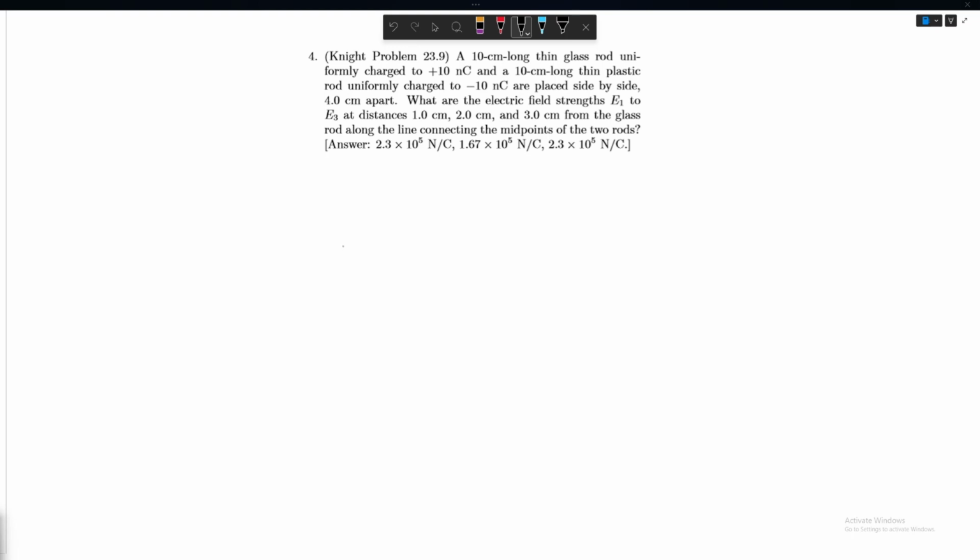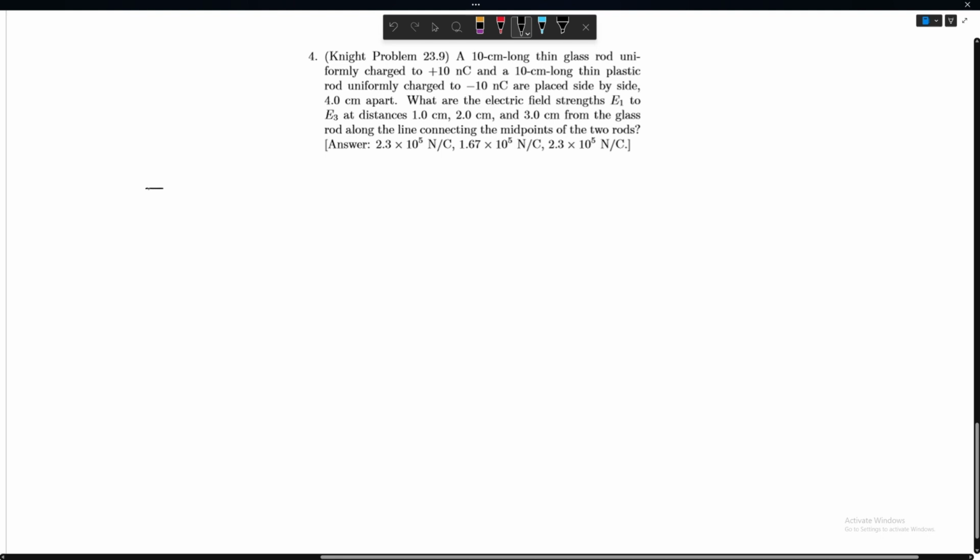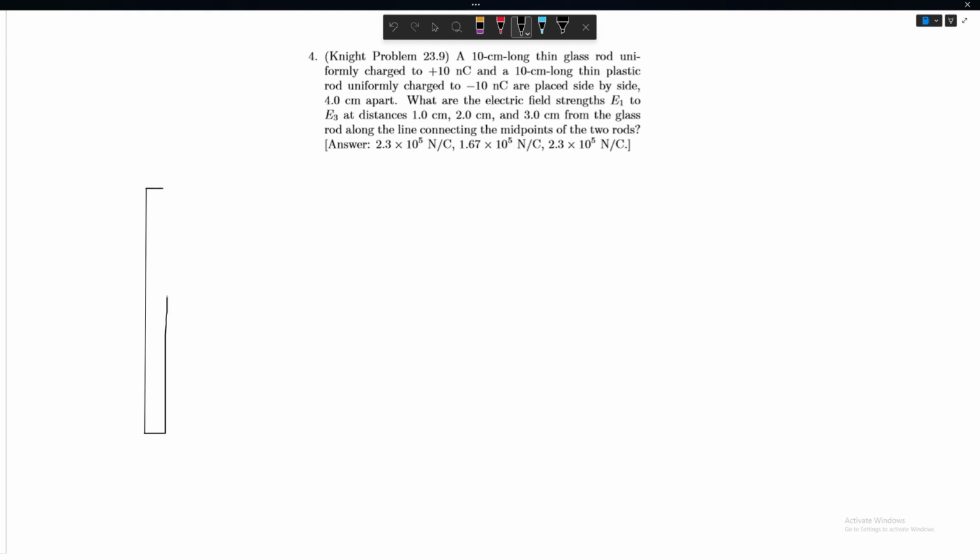All right, so now we're gonna go ahead with the rest of the homework questions. And here we have number 4. First, draw it out. We have a 10 centimeter long rod, so let's draw it. And there you go. It's 10 centimeters long, so this is my L. I'll write it here to the side. L equals 0.1 meters. All right, and it is charged, so this Q1 for this rod is equal to